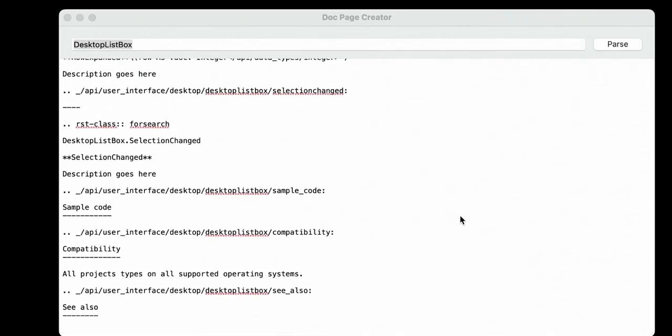Yeah, so you can see, description goes here. So it just generates all of this, every link, every section header, huge time saver. Not only time saver, but again, consistency. Okay. So those were some of the apps I created for the documentation conversion, for maintaining the documentation, and for